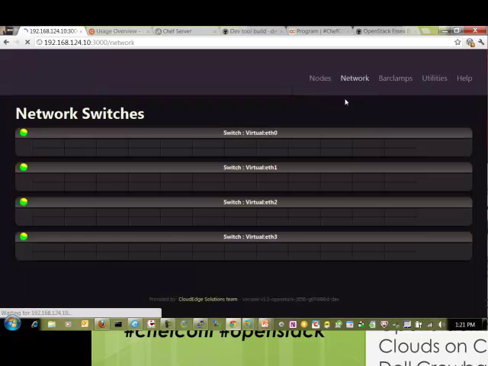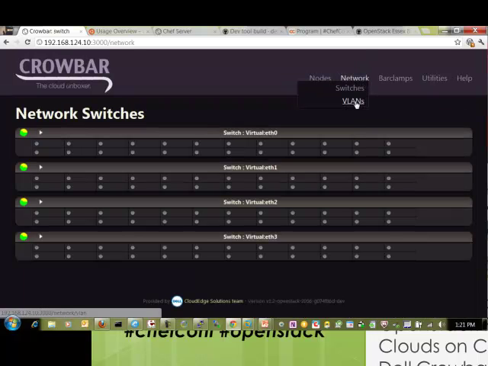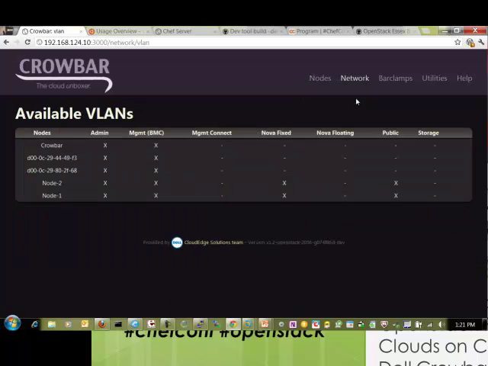There's also pretty sophisticated switching. We visualize the networking infrastructure. This is all virtual, so I have 4 networks. And we actually visualize the VLAN infrastructure that we're going to set up, which is pretty cool. And then